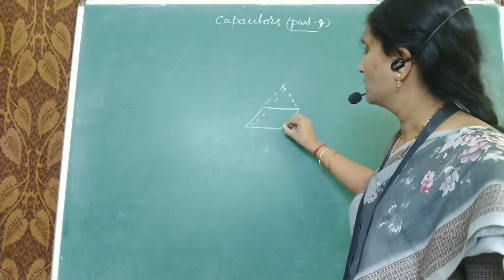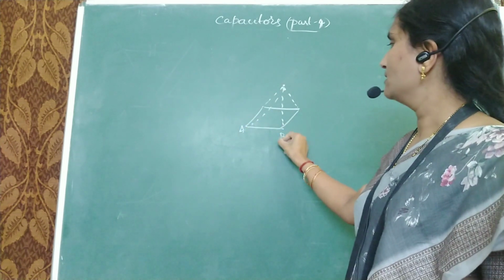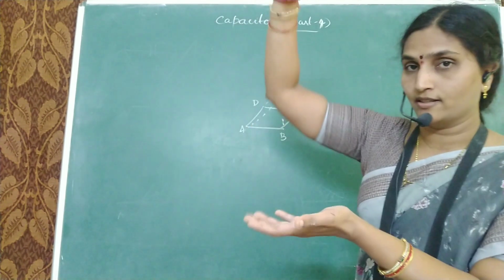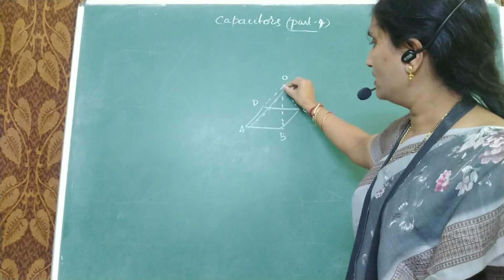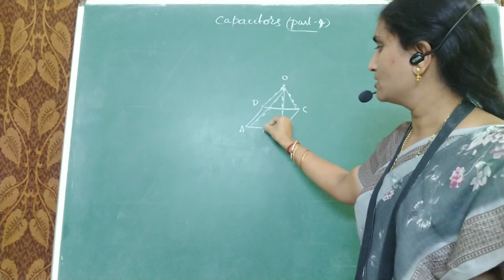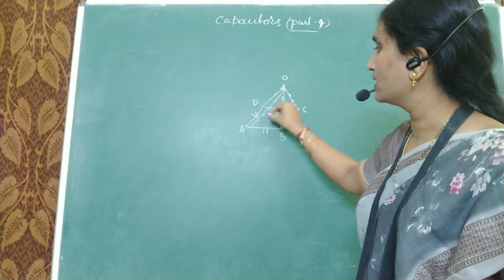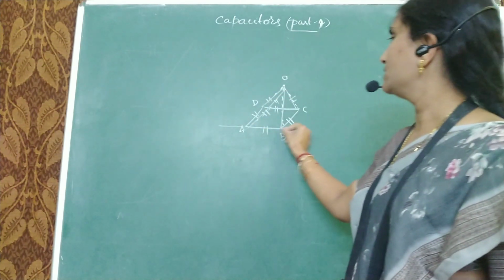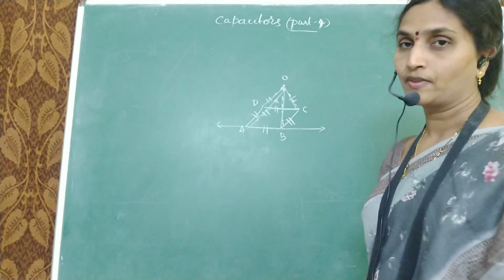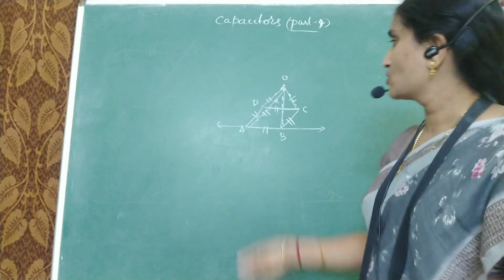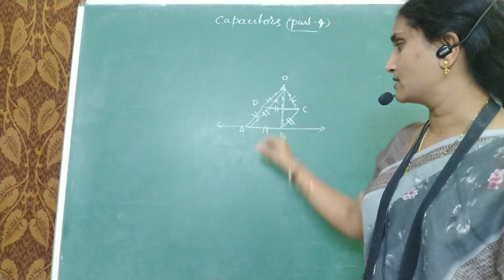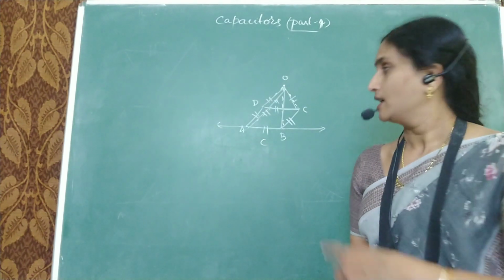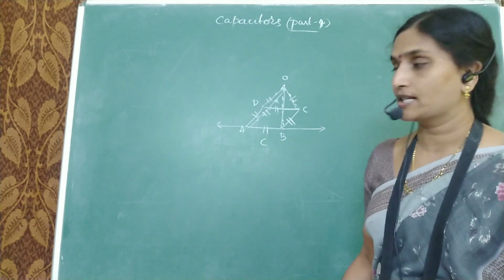Join all the 4. I'll name these A, B, C and D, and this point is O. Okay, imagine as if it is protruding in space, and every edge has a capacitor C. That means here we have C. See, across every edge you can take it as C. So I want you to find out the equivalent capacitance between A and B. Okay, for a square pyramid, how many capacitors altogether? 4 on the top, 4 on the base. 8 capacitors, each of capacitance C, are in the form of a pyramid. And you need to find out the equivalent capacitance between